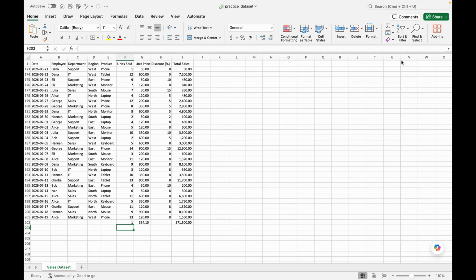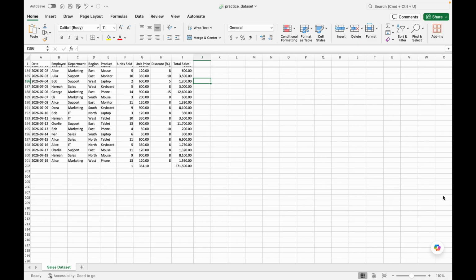Now that we've learned how to summarize our data with totals, averages, counts, highs, and lows, let's slow down a moment and look at where formulas actually live in Excel, because understanding this makes everything else easier. At the top of Excel, you'll see an area called the formula bar. Whenever I click on a cell that contains a formula,